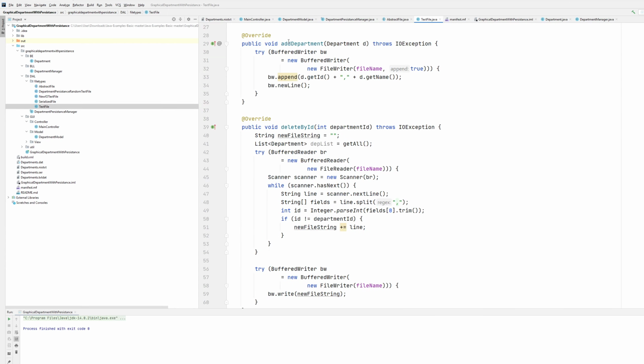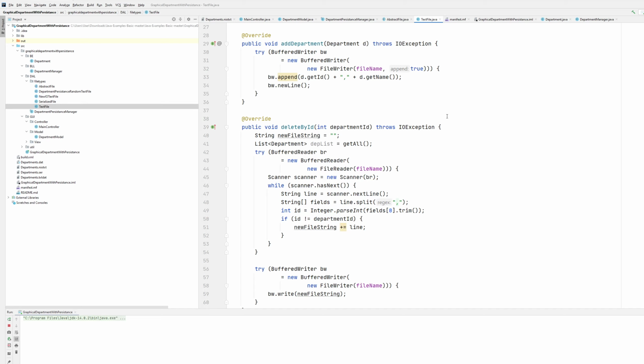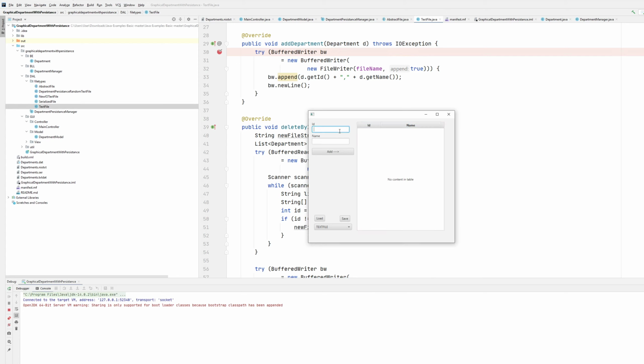So let's say now we're the user, we want to add a department. So let's run the program. That'll show what's happening. Maybe even let's try to, I'll put a breakpoint and I'll use the debugger. I'm putting in the text file that's loaded. So I want to add a department, so I'm adding department 5, calling it something, Esberg. I click add,